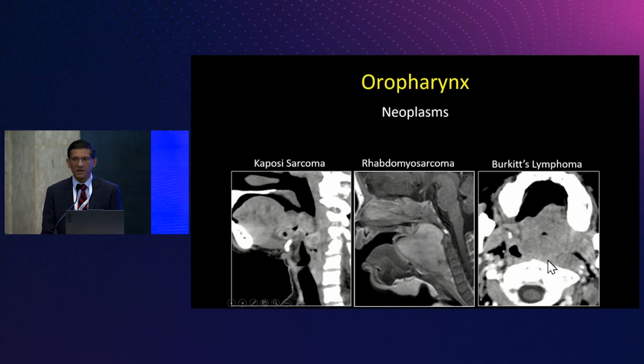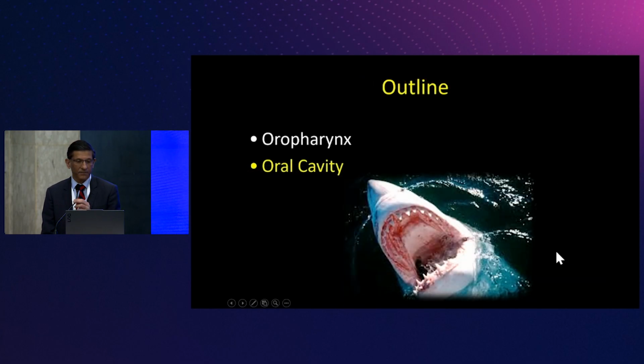But this was given to me by my friends in Tanzania. Every week I read out with the oncology program in Dar es Salaam. And this is an example of Burkitt's lymphoma, because Burkitt's lymphoma is endemic in sub-Saharan Africa. So I can't tell the exact type of lymphoma it is, but based on the location geographically, we can suggest that this is Burkitt's lymphoma, and this did turn out to be Burkitt's. So we talked about the oropharynx.